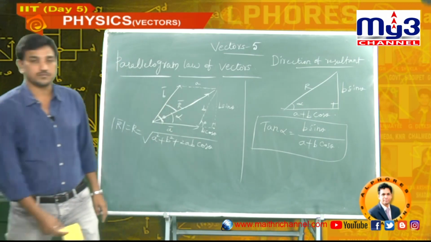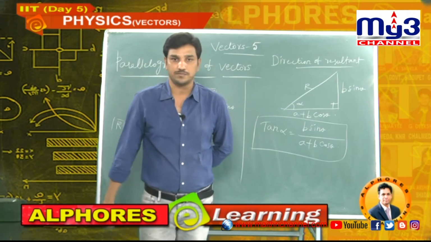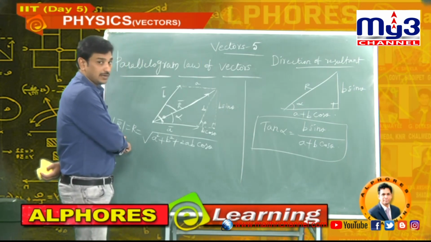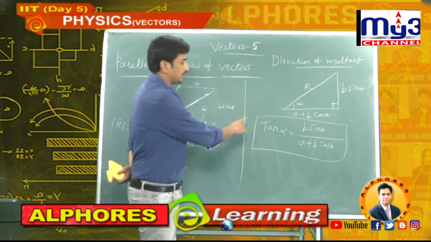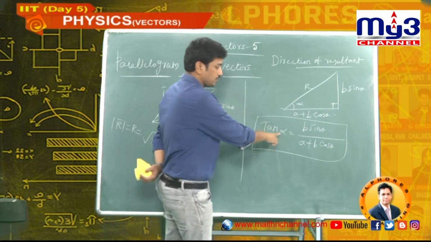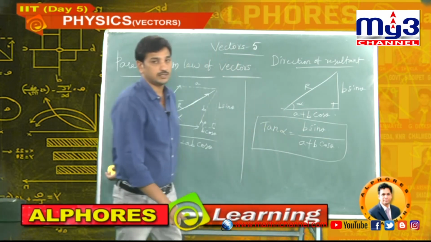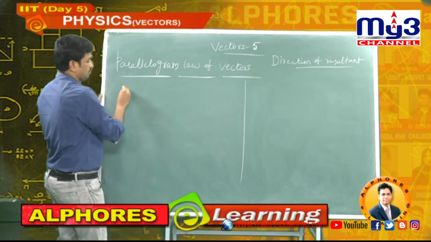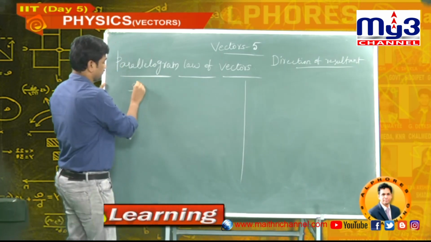See, in this entire parallelogram law of vectors, two formulas are important for us. What are those? The magnitude of the resultant of two vectors is R, the square root of A square plus B square plus 2AB cos theta, and the direction of the resultant with the x axis or A bar vector is alpha, where tan alpha is equal to B sin theta by A plus B cos theta. You should remember these two formulas to solve numericals. Now some cases depending on this parallelogram law of vectors.